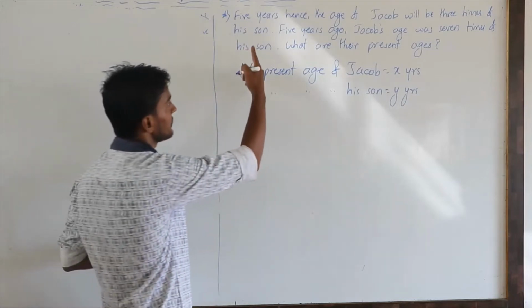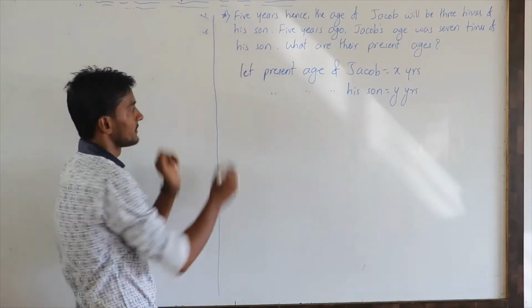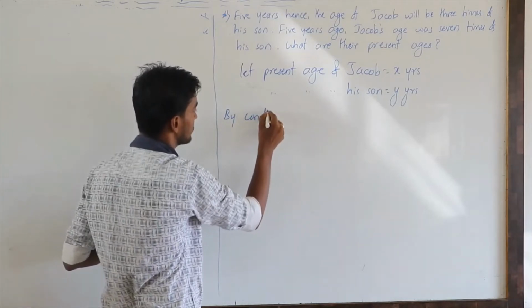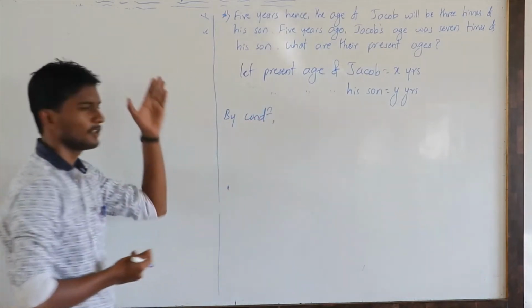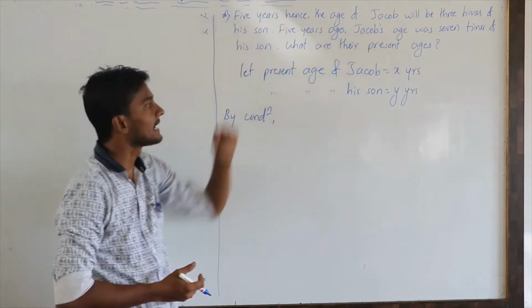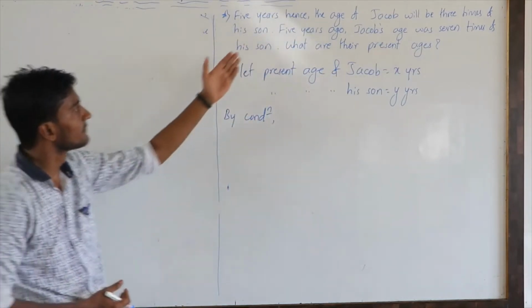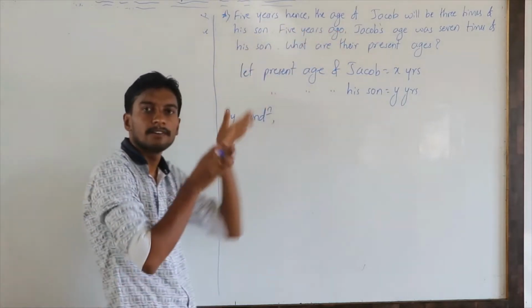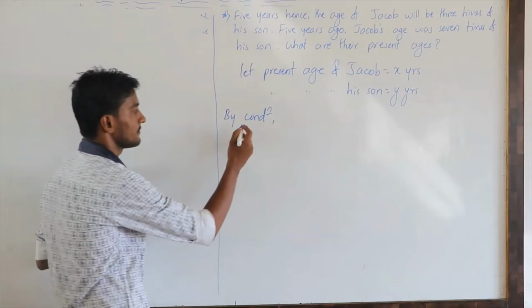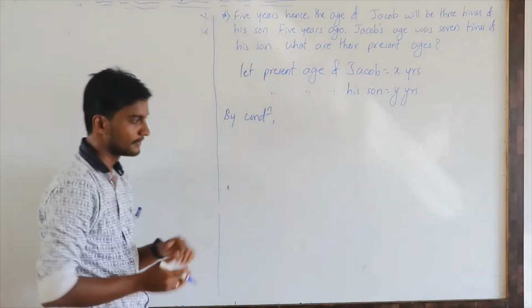So next, according to the condition, the first condition is based on 5 years hence, and the second condition is based on 5 years ago. So 5 years hence one equation, 5 years ago one equation. So by condition,